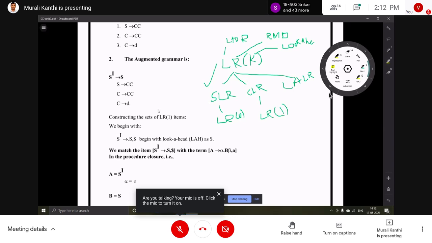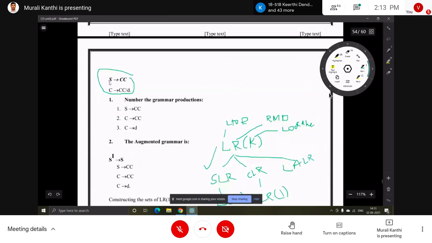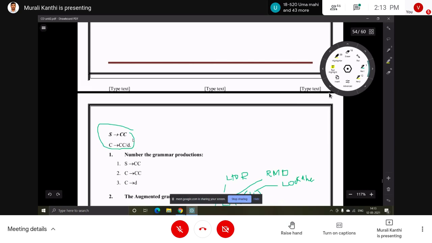This is the verification of whether the given input string is accepted or not. If the input string is given in the question, we have to do the last step. But in this example, it is not given; just the grammar is given. Construct a canonical parsing table for the following grammar. The question will be given like this, and an input string may also be given. If so, we have to do the last step. Otherwise, we just stop at table construction, after filling the entries into the table.